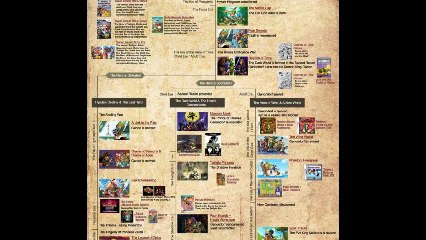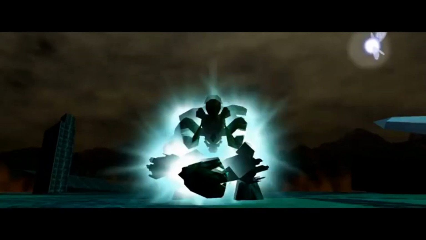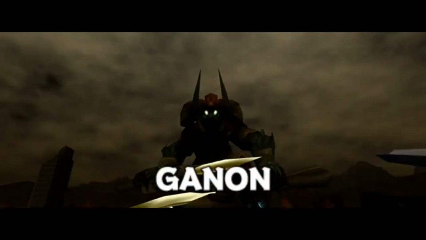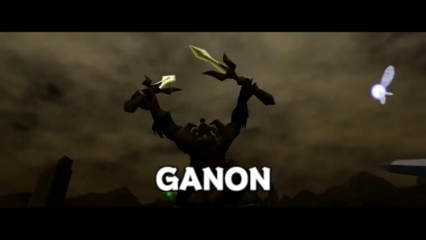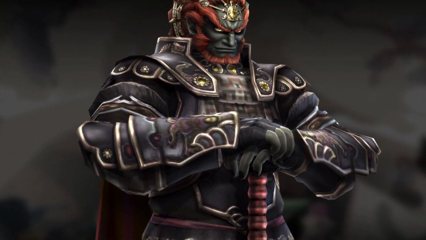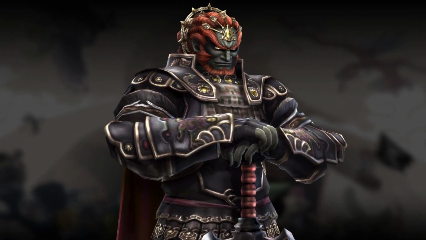At the end of this game is where the timeline splits three different ways: the defeated timeline, the child timeline, and the adult timeline. Ganondorf does not appear in the defeated timeline, as with his victory he is able to transform himself fully into Ganon, so we won't be touching on that part of the timeline in this video. First, we'll be starting off with the child timeline, as the Ganondorf in this timeline is directly related to the Ganondorf in Ocarina of Time.